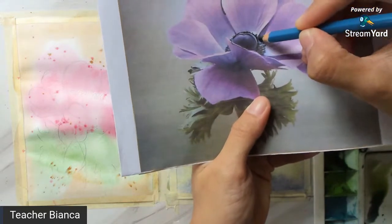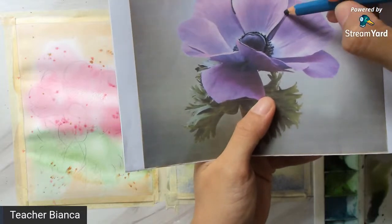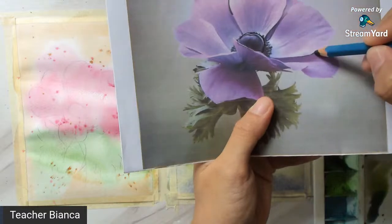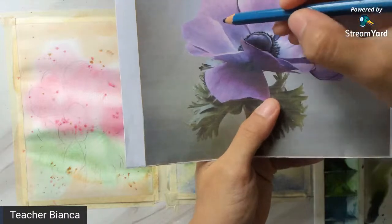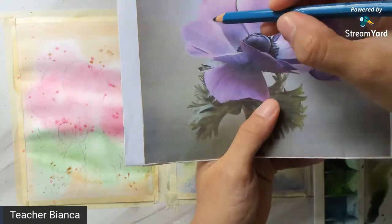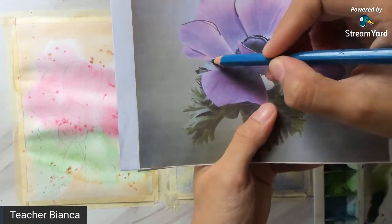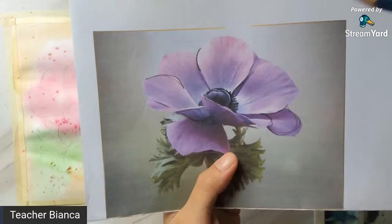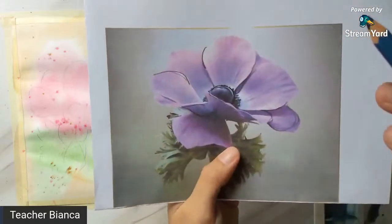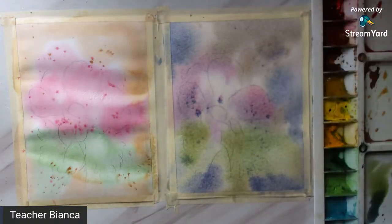And this part to separate this petal from this petal. And also this part here. Maybe I'll paint this petal as well. Let's see. And to separate this petal from this one, I'll also define this. Maybe this one. Okay, so I just chose some of the parts of this flower to define, not all. And I'll show you a simple technique on how to do that later. Maybe I should,